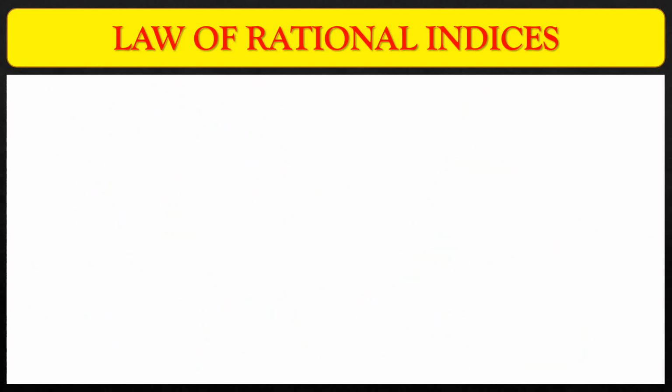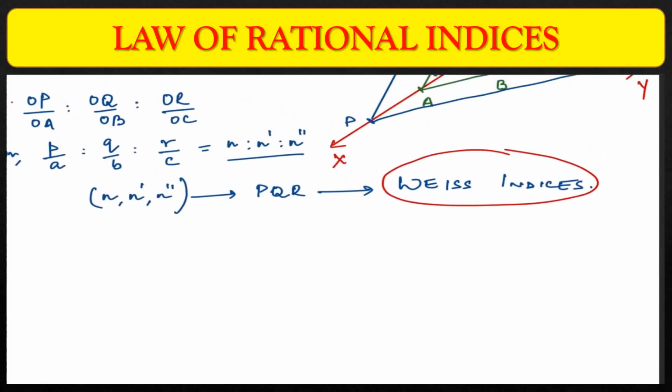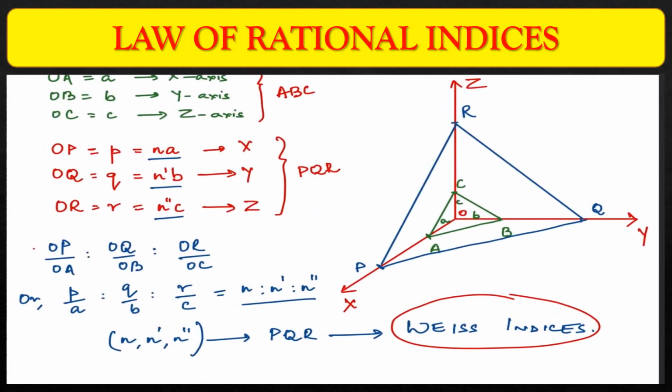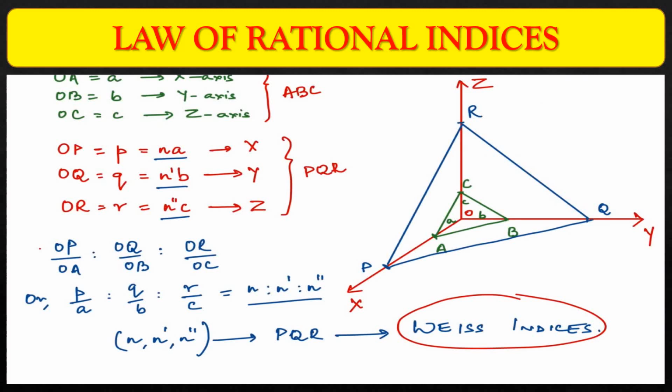Now we will try to learn how we can write the Weiss indices for any crystal plane. For that, let us suppose that a crystal plane intercepts the x-axis at thrice the unit cell intercept. Consider the above diagram that we had discussed. Suppose that OP here is 3 times the intercept made by the unit cell intercept, that is 3 times